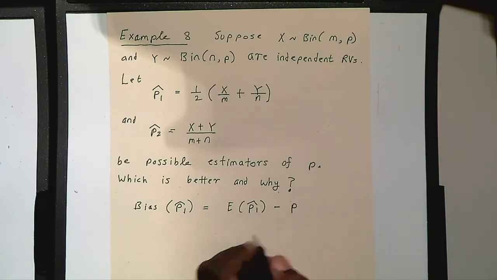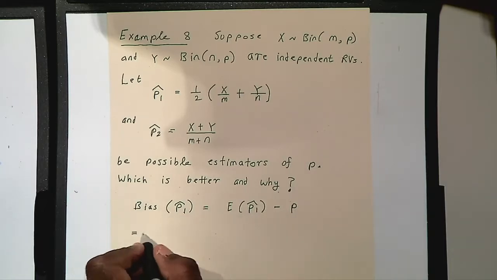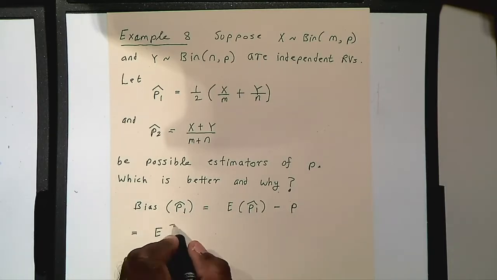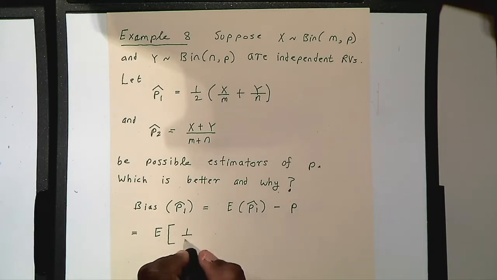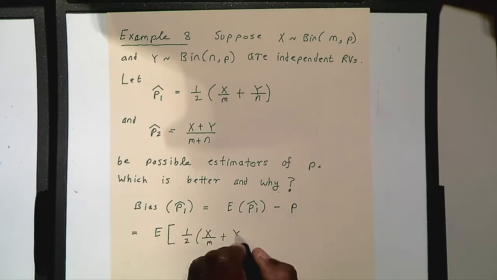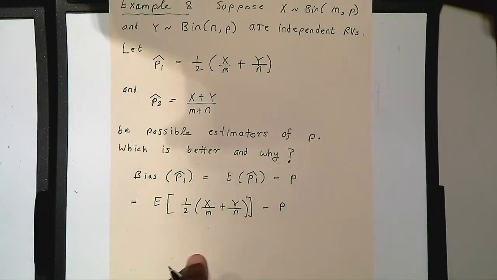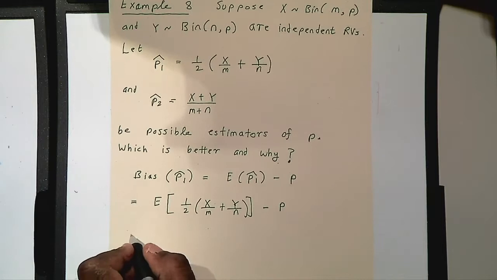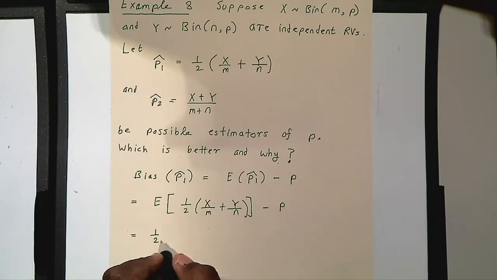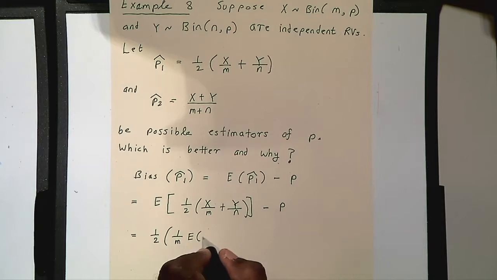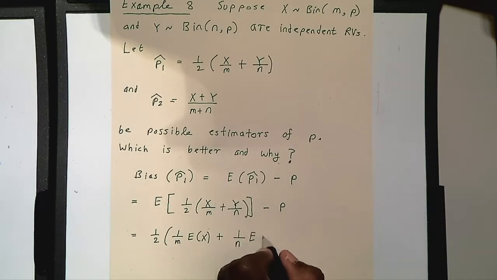This is the definition of bias, so this becomes the expectation of the first estimator minus p. Now if you take the expectation inside, guys, you get half of 1 over m times the expectation of X plus 1 over n times the expectation of Y